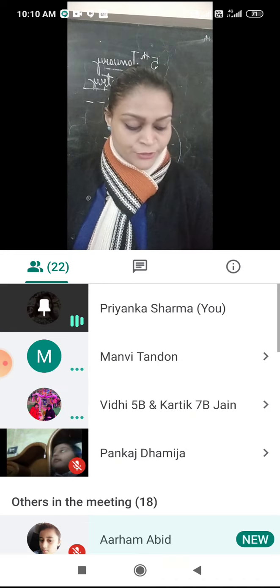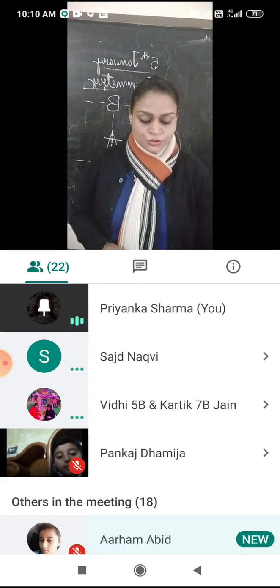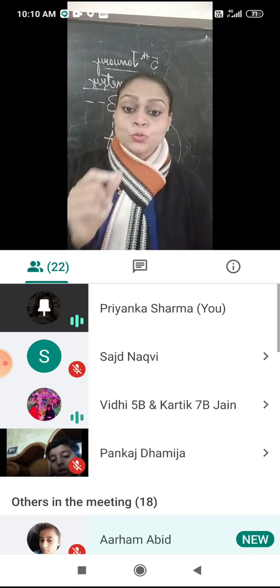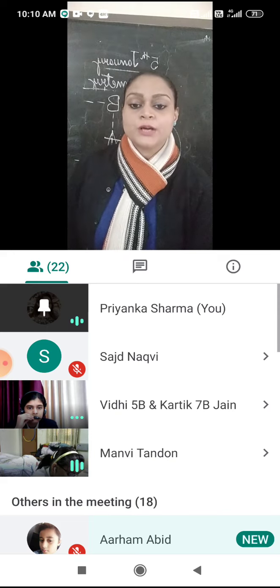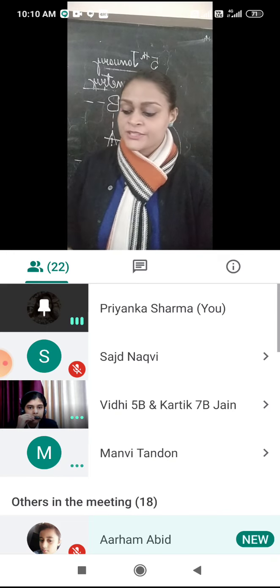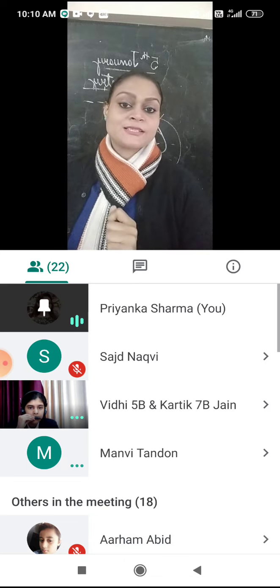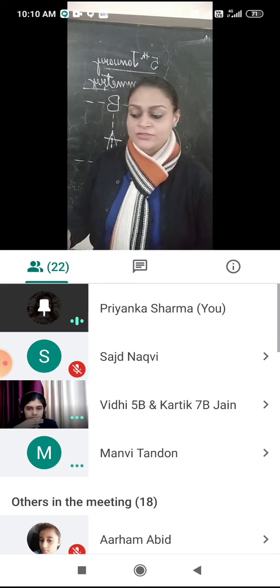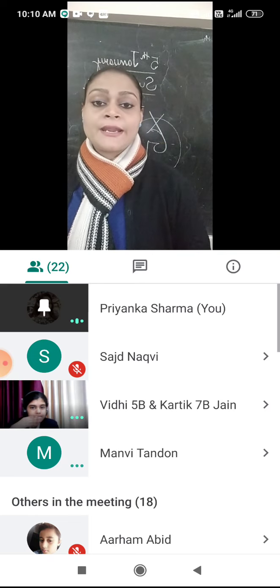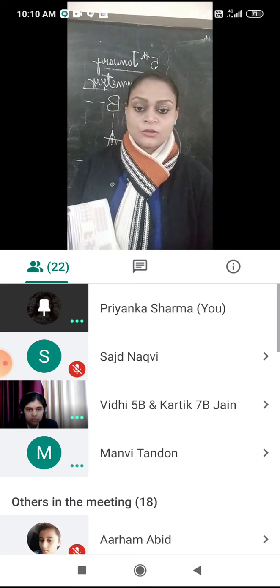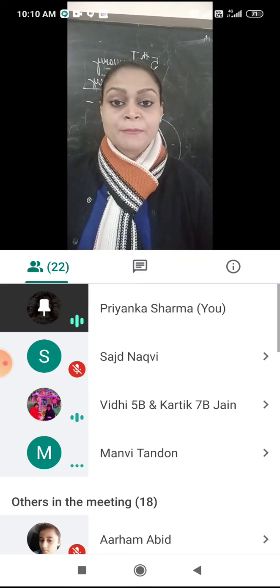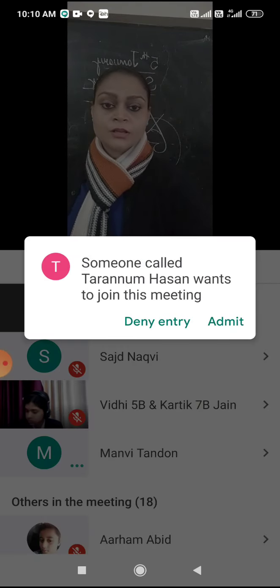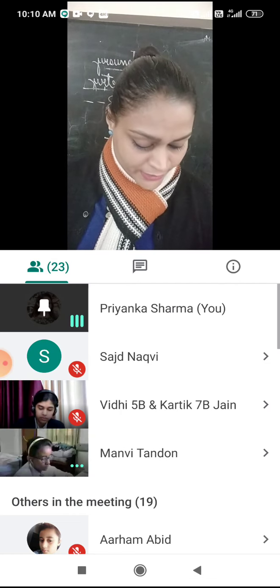So when we talk about line of symmetry, in the exam you can also get a question like this. Page number 221, question number 3. This question you may get in the exam. Make a list of the letters of the English alphabet having vertical line of symmetry, horizontal line of symmetry, and having both lines of symmetry. So practice this question. Put a tick mark on this question and write there, practice in rough.